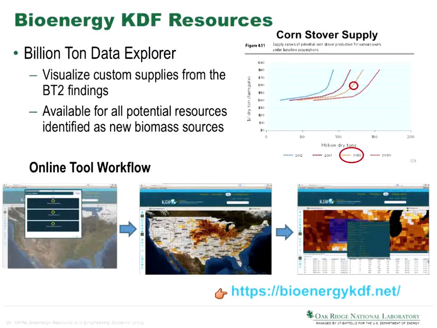Basically, you can follow this tool to choose what you're interested in and project that on the map. And in this third screenshot, you can really feel the data by down selecting and exporting data that you may be interested in. So what this does for you is you see a supply curve, say up here, of corn stover in 2022, and go through the workflow and project that out onto a map and see for yourself what the spatial distribution looks like.